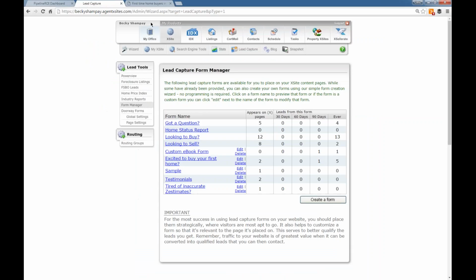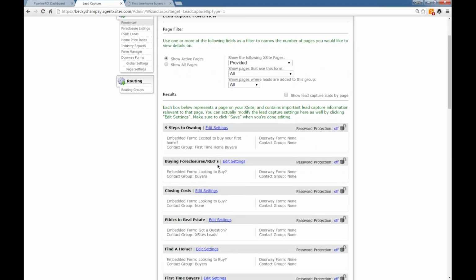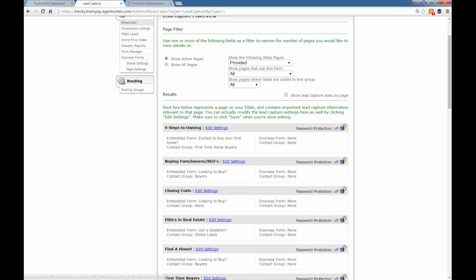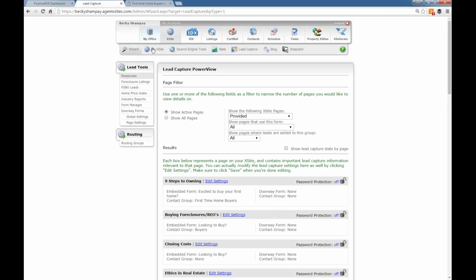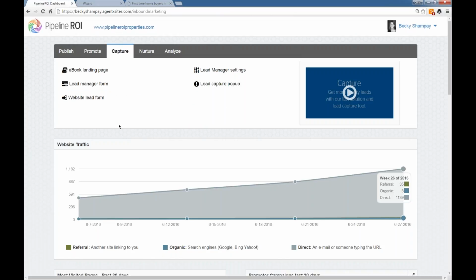So now that we've created it, how do we get it on the page? There are two ways to do that. The first was in this Power View, without having to go into the specific page and edit it, like I did with the 9 steps to owning. I just clicked on edit, picked the form, picked the group. It was good. But let's say you are editing a page. So if you're already in the back end, you can go to Excite, Wizard, My Content. If you're in the dashboard,